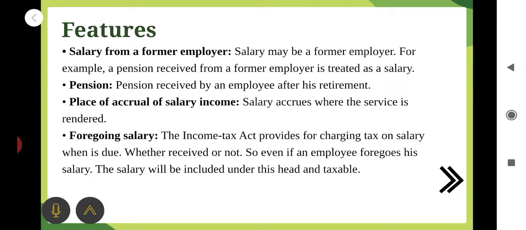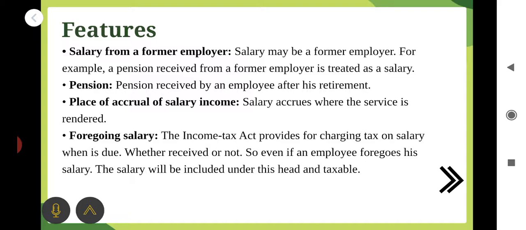First one, that is salary from a former employer. That means salary may be from a former employer. For example, a pension received from a former employer is also treated as salary. Then another one, that is pension. Pension is also considered as a salary